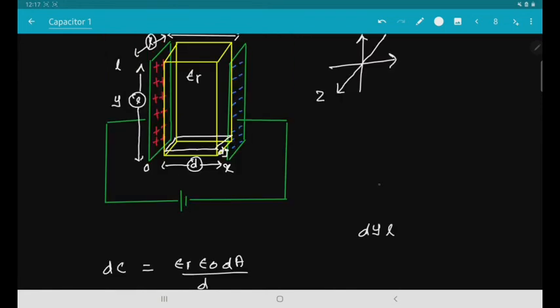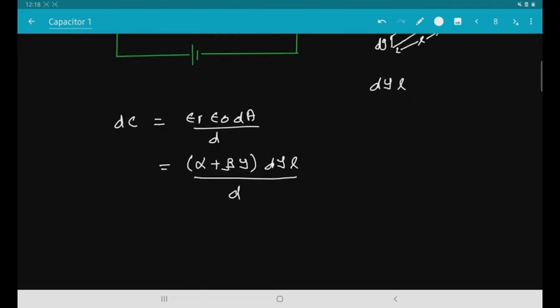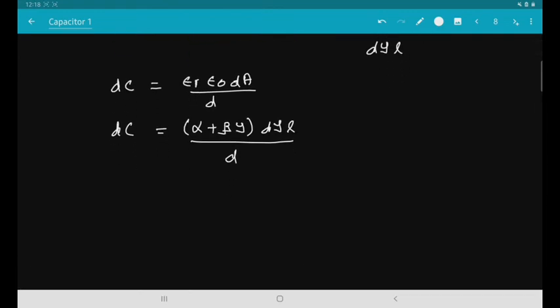We are considering this area here, so it will be dy, and this, as we know, is L, and if we go on filling in this direction up to L, we will get the whole plate, or that whole section. So the area is dy into L. So this is dC. Now as the capacitance is changing in vertical direction, we will consider this as series capacitance. So the total capacitance can be obtained by integration of all these small capacitances in the vertical direction.